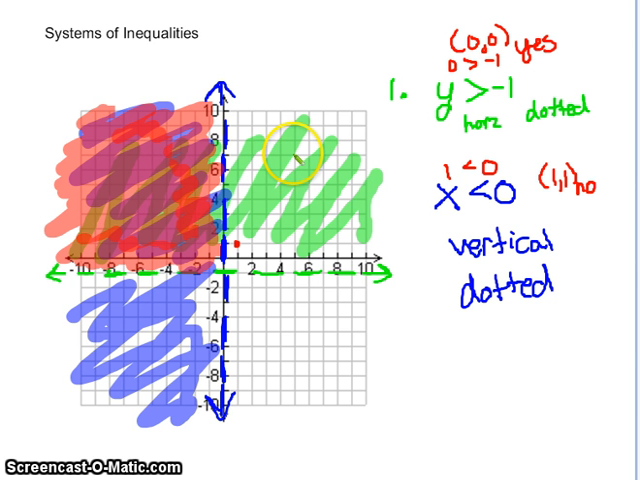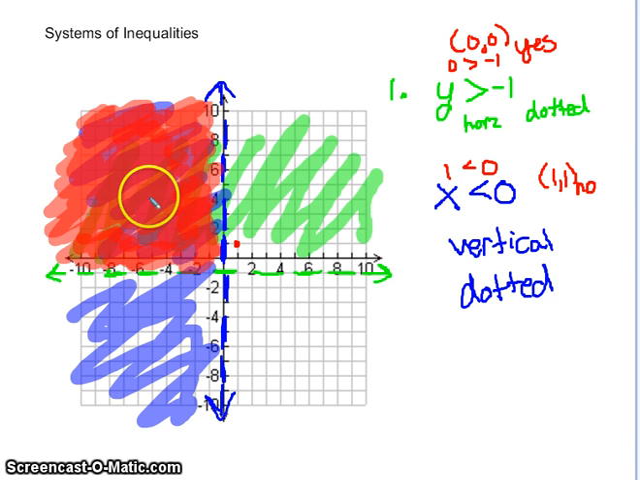Green and blue together do not make red, but in this particular case, we are going to say that this is our answer. Any point at all in this double shaded area is going to make both of those inequalities true. Just to check one time,